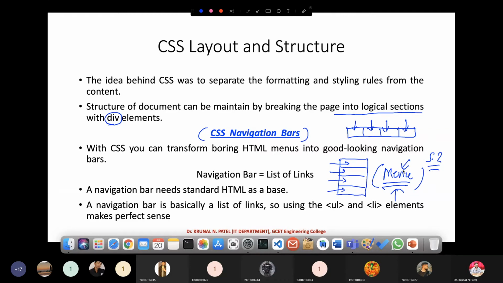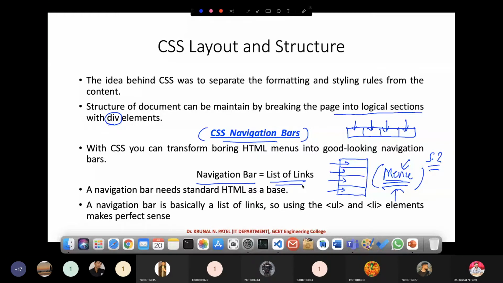They are working on that, and in future we are also going to see a separate menu for creating menus for navigation. But nowadays people are using this particular formula: navigation bar equals list of links.